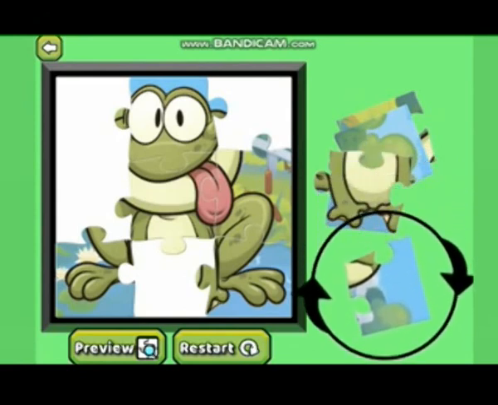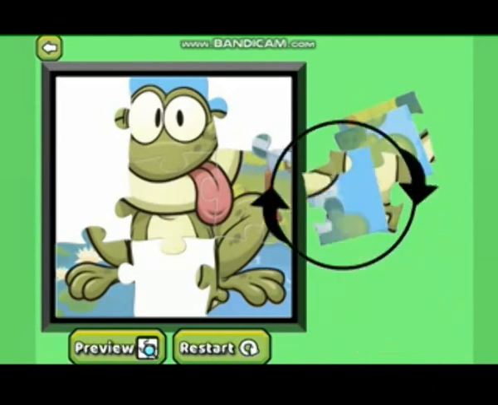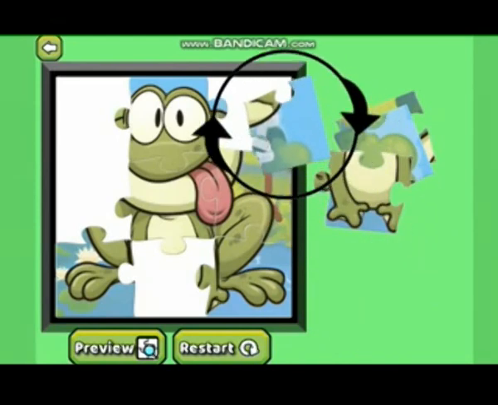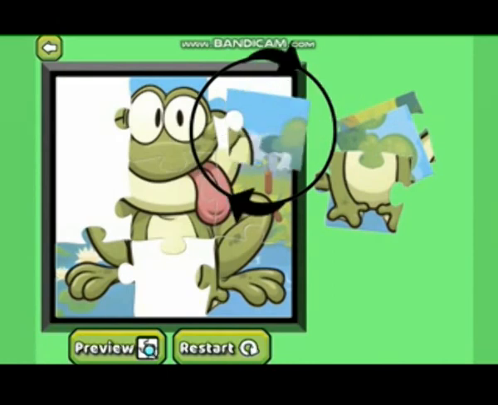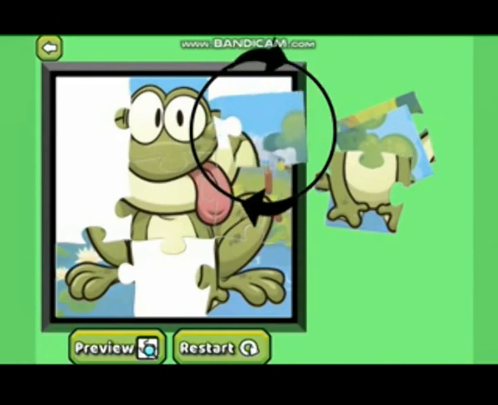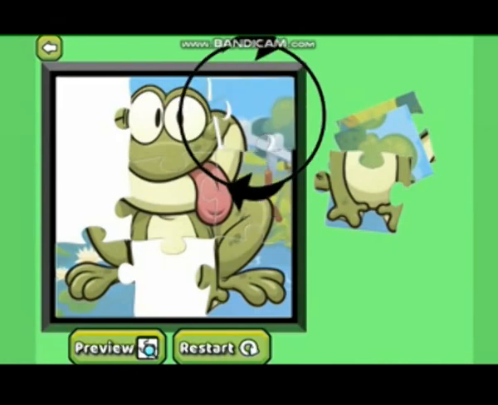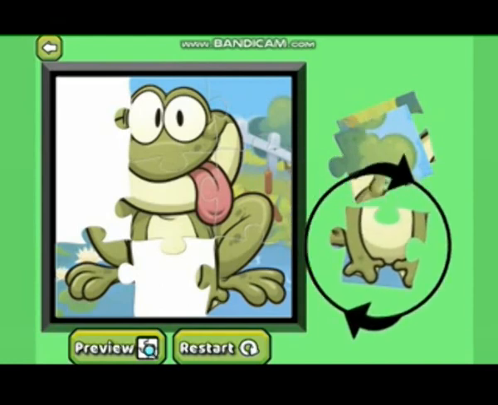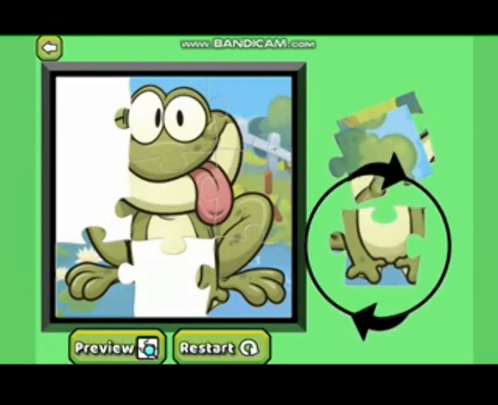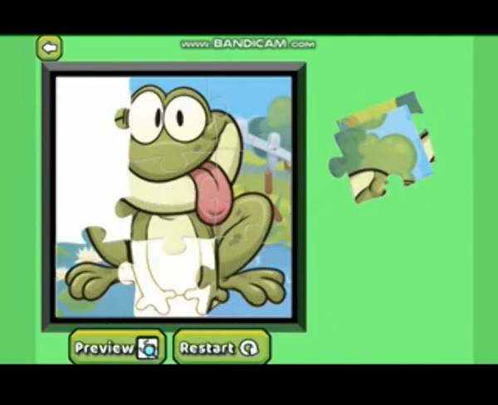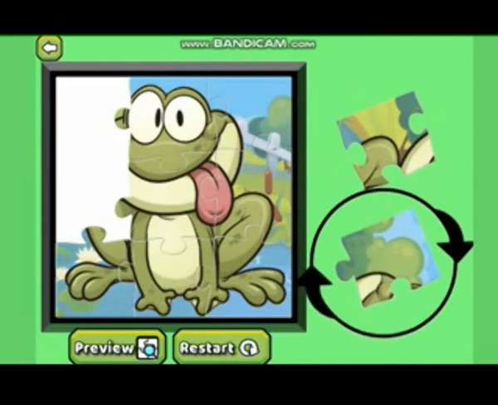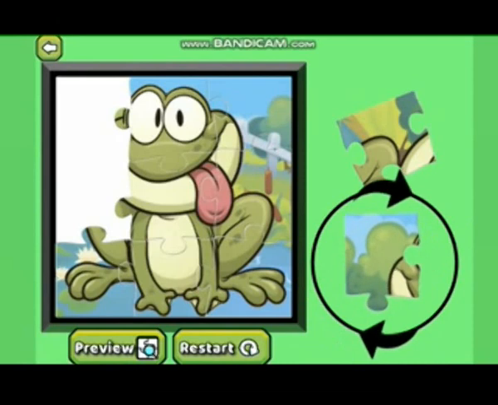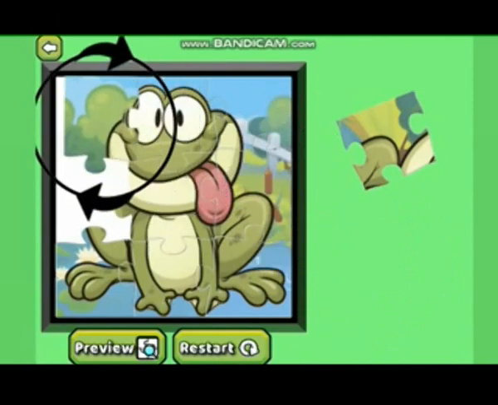Now, what is this? Is this something? Seems like part of the head. You could turn it like that. And put it there. Very good. Now is the lower part of the leg of the frog. Into leg. What part is this? There's the part of the face. And you turn it. And try to put it